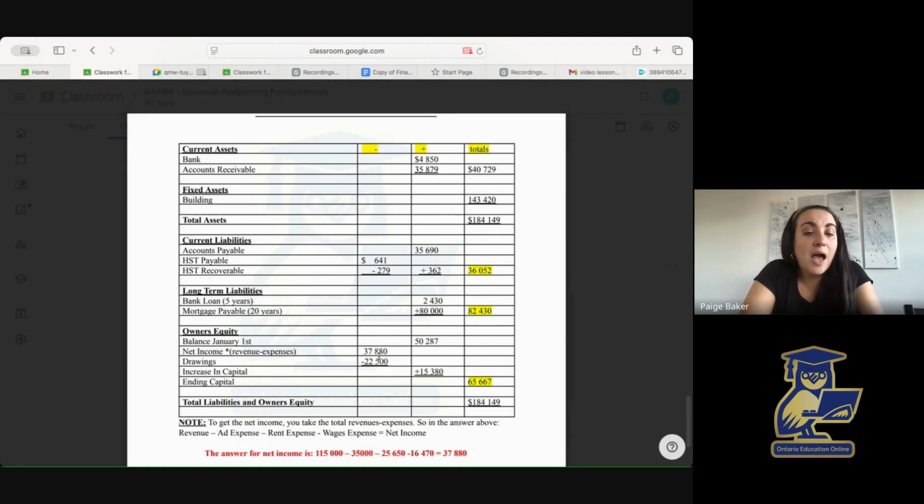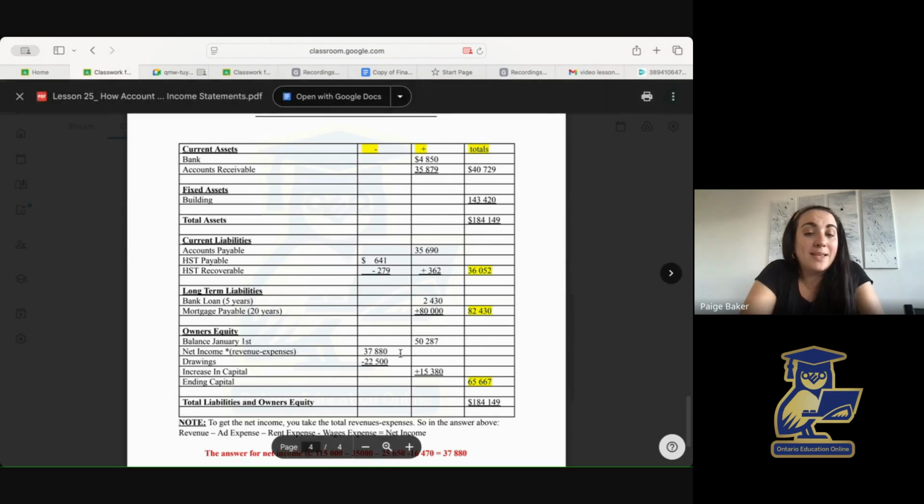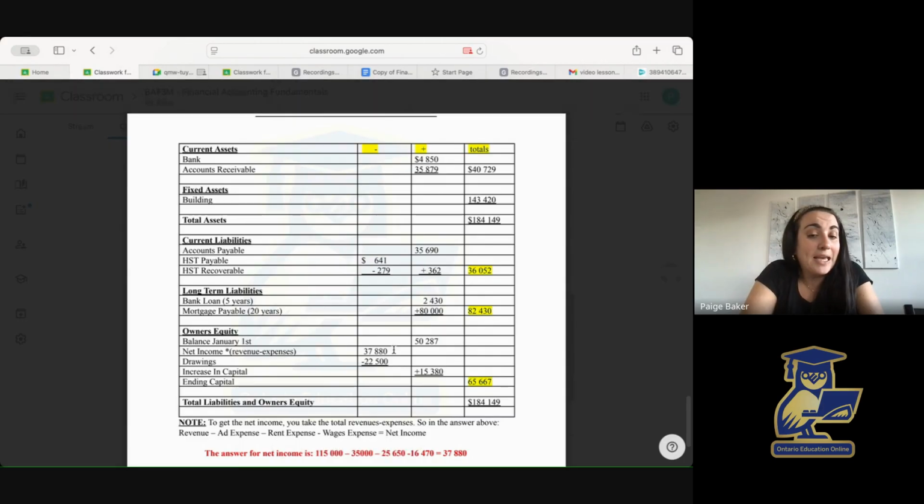So if our net income is bigger than our drawings, we'll have an increase in capital. So in this case, 37,880 minus 22,500 is 15,380. Now, when I take that balance and add my increase in the capital, I will have a higher ending capital, which is in this case